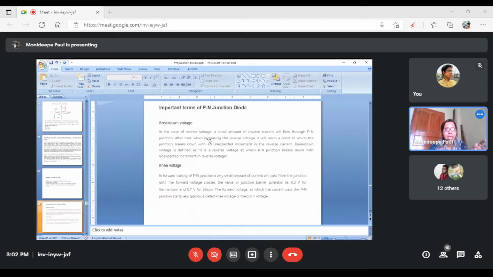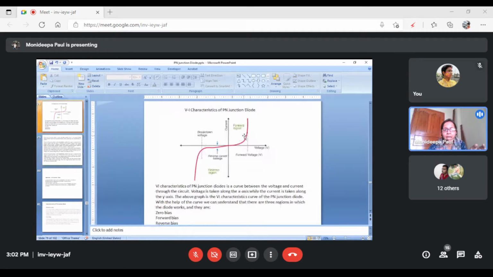In the forward bias direction, current is directly proportional to the voltage, and in the reverse bias condition, at this voltage, current is directly proportional to the applied voltage. But this voltage is the breakdown voltage, because at this voltage the semiconductor material or PN junction will be totally damaged, though we still get current in the external circuit. This voltage is known as knee voltage, and this voltage is known as breakdown voltage.